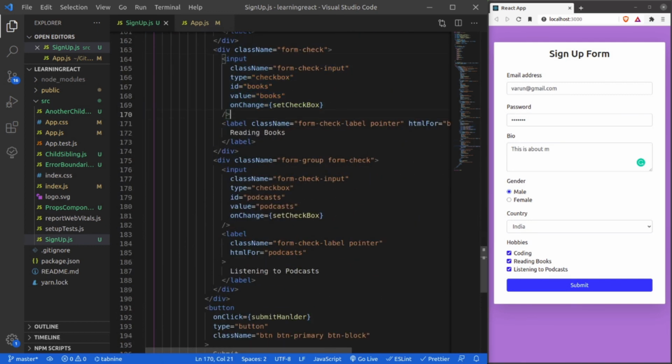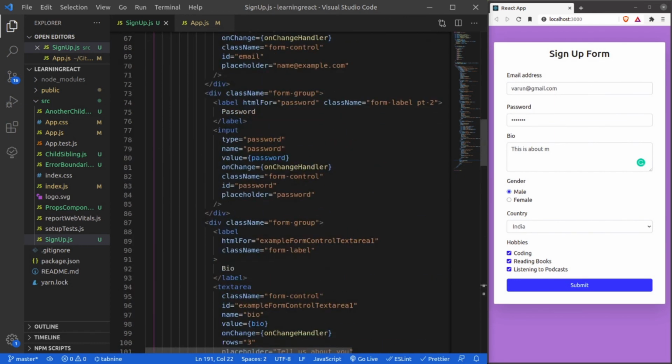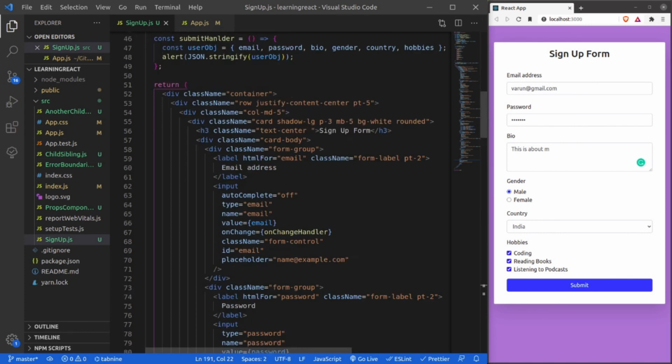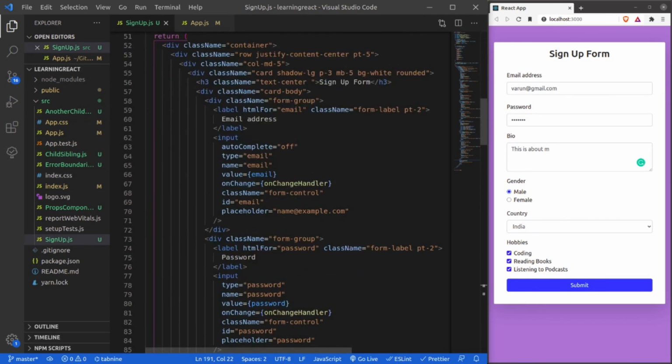Like for checkbox, you can see type checkbox is there. What I can do is, I can create a separate reusable component for checkbox, and then I can just use that component. So the main idea is that right now I'm just creating one component, one page, right? Let's say I have an enterprise application and I'm going to create multiple forms in that application. So instead of creating the same thing again and again, I will reuse my already created component. That is what I call the beauty of React, that is reusability.